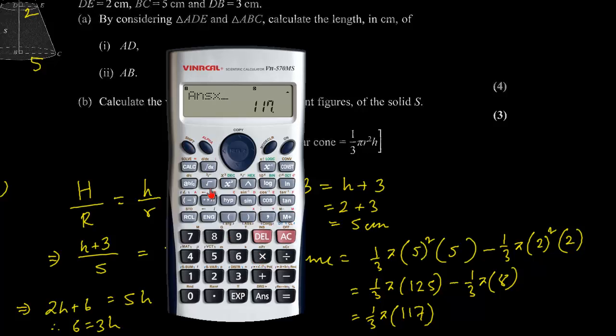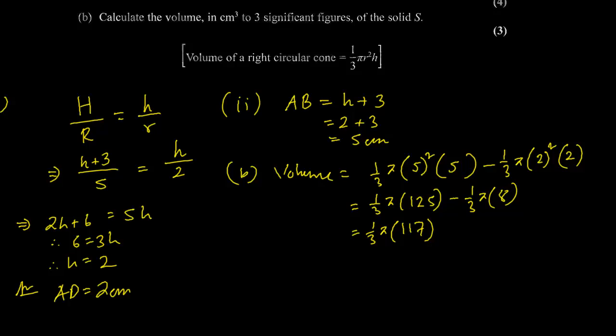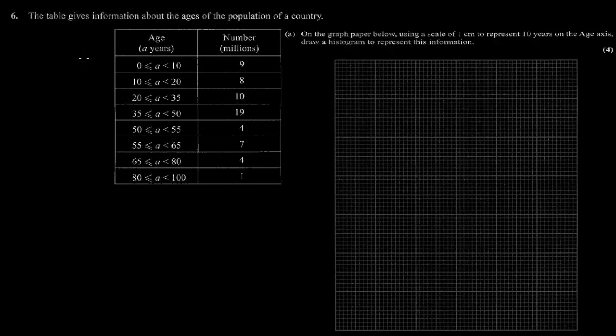117 into pi divided by 3, that becomes 122.5. So that becomes 122.5 cm cubed. The answer has to be in three significant figures. The three significant figure would be 1 is significant, 2 is significant. This 2 now becomes 3. So 123 cm cubed. So the first question, grouped data is given, and notice there are no gaps in the